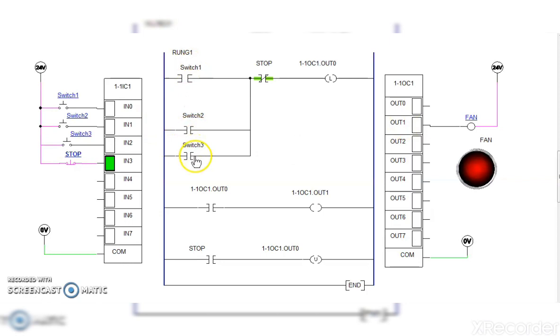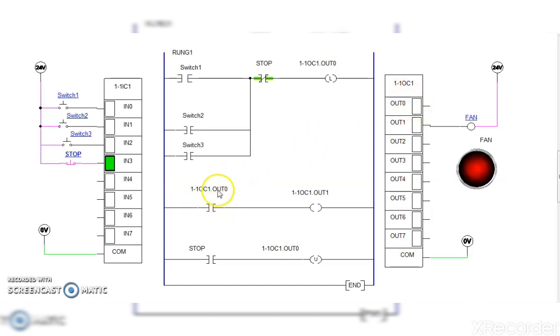These are three switches in parallel. When any one switch is started for a moment, it is momentarily started, because these are nothing but push buttons. When it is momentarily started, it will give supply through the stop switch to this latch coil. Latch coil will get energized, means out 0 will get energized.